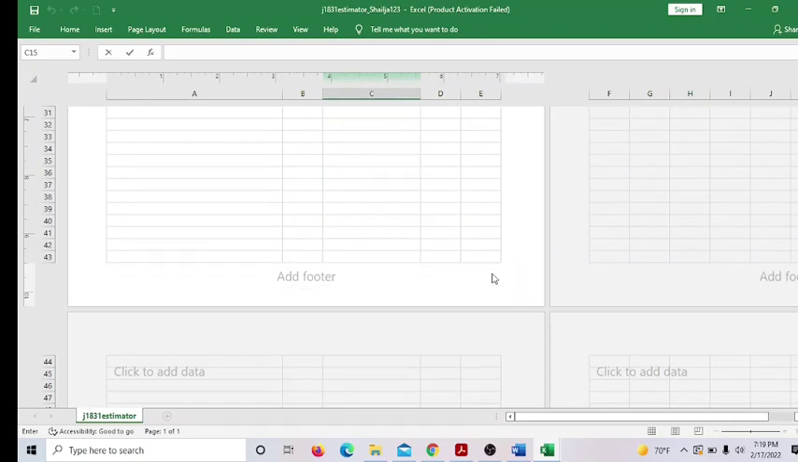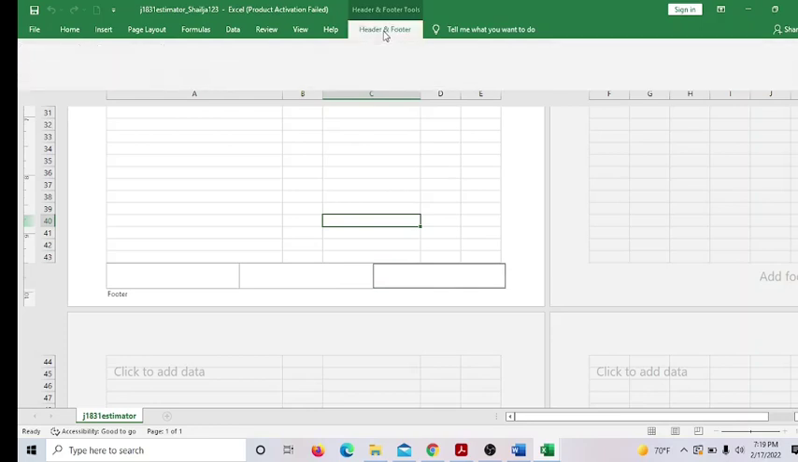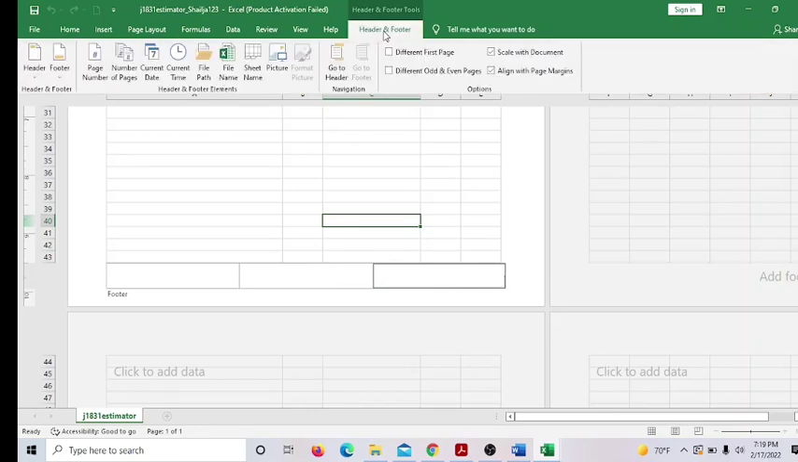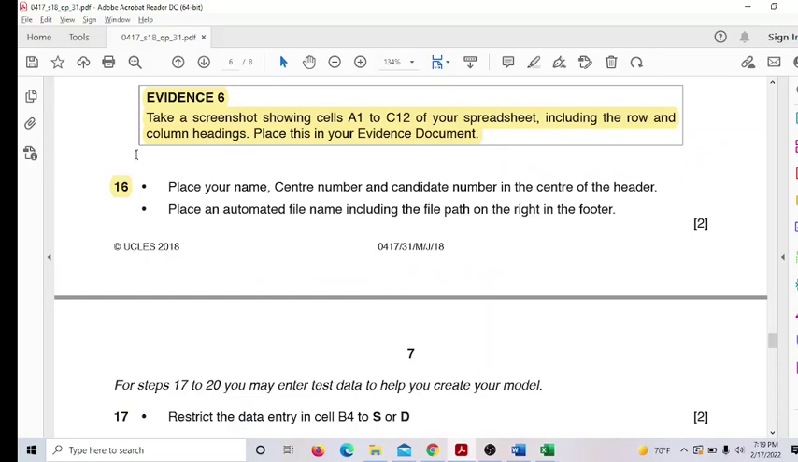Okay, just click here. When you click and the cursor blinks over here, you see the header and footer tools automatically appear. Click to open, and in that we need the file path, right? File path and file name as well you get there. See there, this is the path and this is the file name. Next,